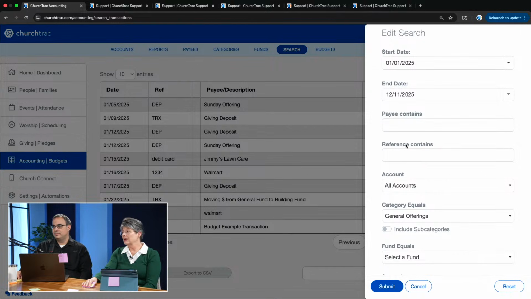Perfect. And I agree with Byron. This is the most underutilized tool, but it is one of my favorite features in our entire software because I love the granularity of this report. So Michelle, if you still have questions, reach out to the support team. We would love to make sure that you're taken care of and that your accounting is set up so that you, your pastor, and your council can log in and get the data that you need very easily.